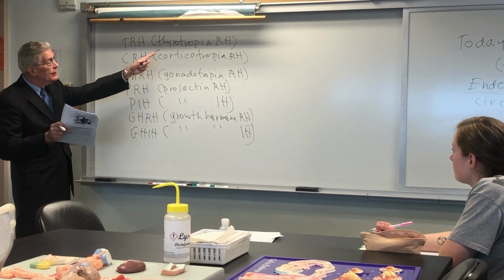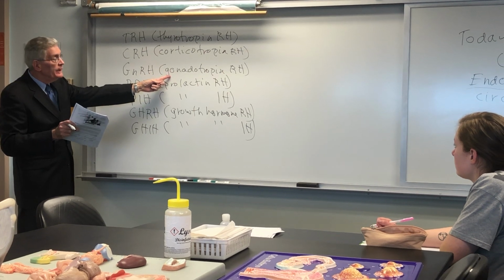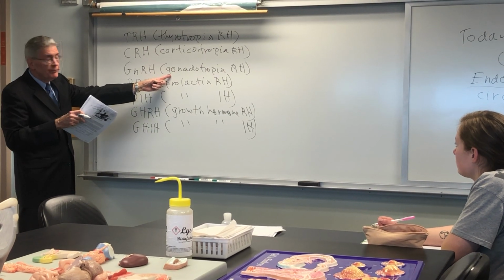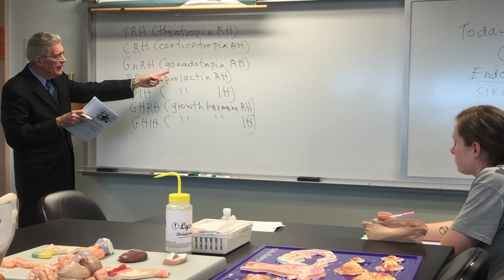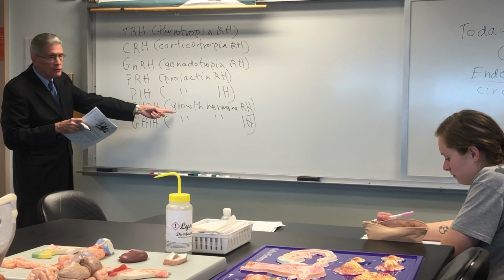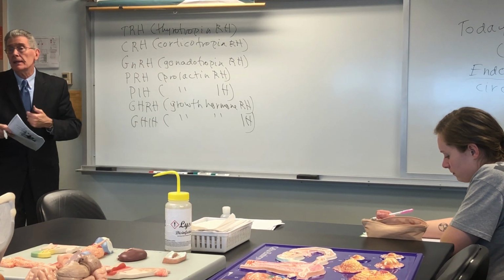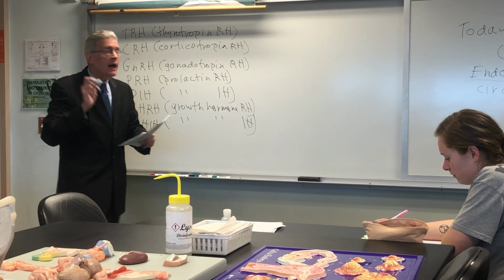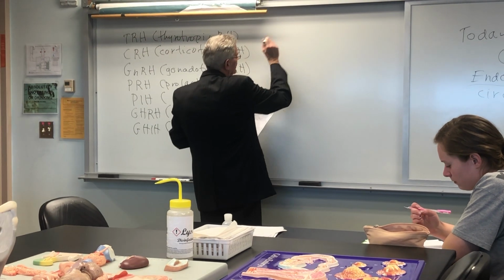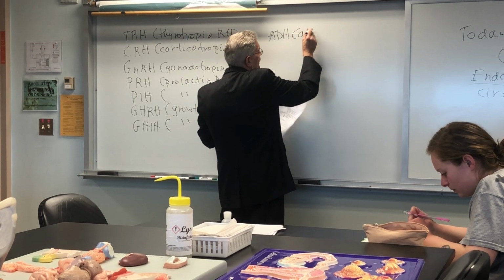The anterior pituitary produces thyrotropin, corticotropin, 2 different gonadotropins, FSH and LH, prolactin, and growth hormone. So the hypothalamus produces hormones that control the activity of the anterior pituitary. The hypothalamus also produces ADH, antidiuretic hormone,